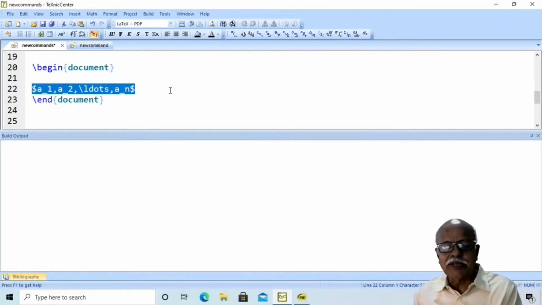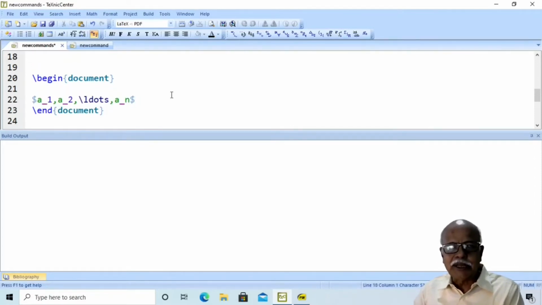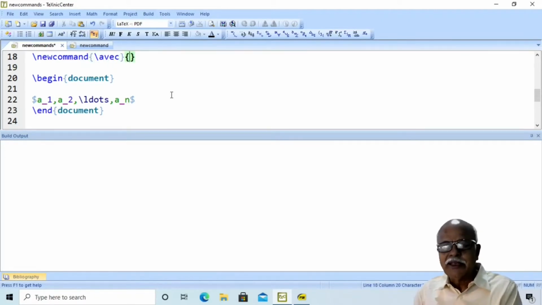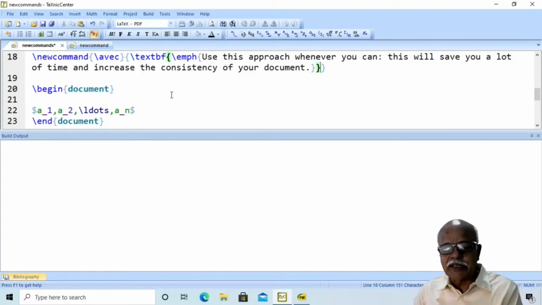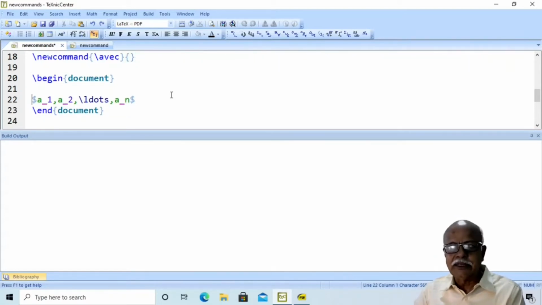If you encounter this only once in your document, you can type this explicitly. Assume that you come across such an expression repeatedly. In that case, you may define a new command, and let us say I call this command \awake. The definition of \awake is this.